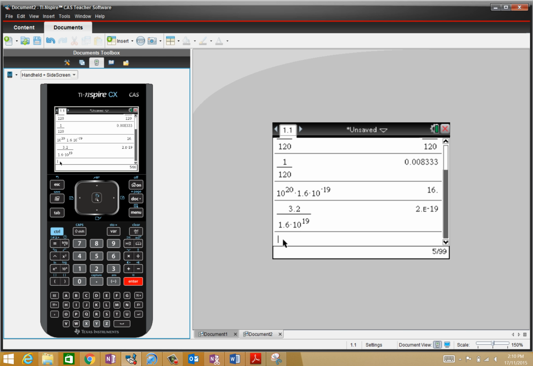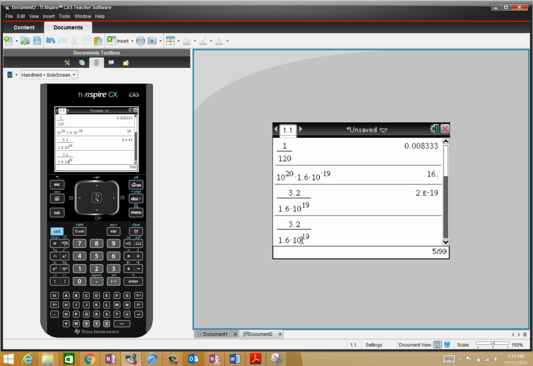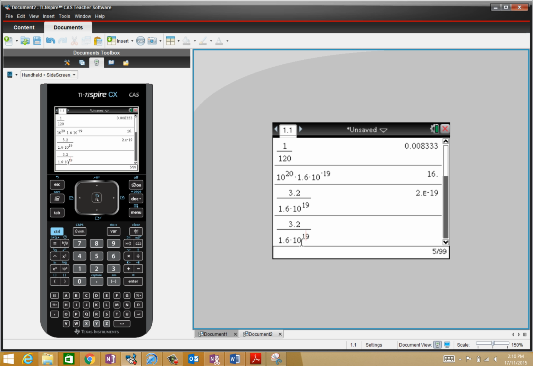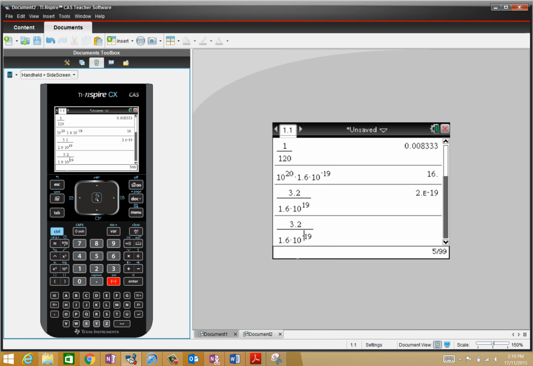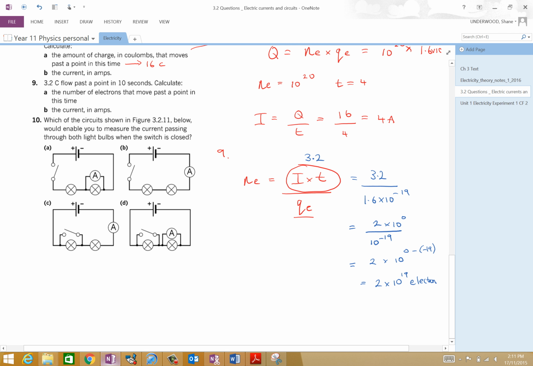Oh, that's a negative 19, duh. Okay, I'm going to press enter there, and I'm going to fix that as negative. 2 by 10 to the power of 19. It'd be nice for you to start using your brain a little, and maybe those calculations you probably try to